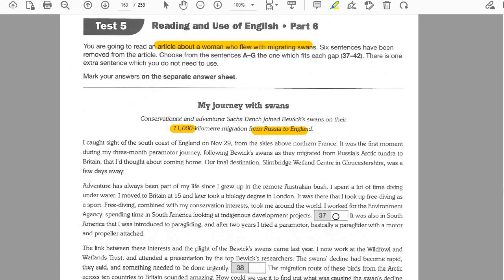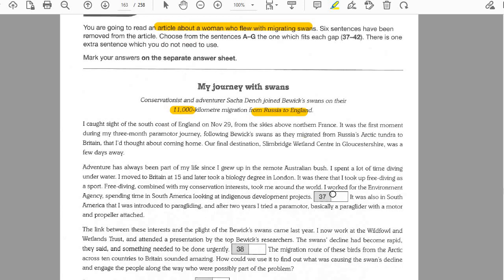When you get to the gap, there are two things you should do. Guess what may be missing because of the meaning, and then try to predict the connections. The connections are, for example, well, this is not really, because it is for emphasis. It's not "it", but it says "also". So something happened in South America and something else happened also. So perhaps something else happened in South America.